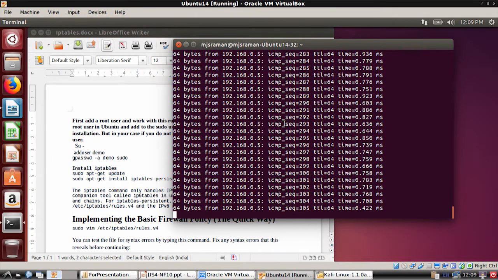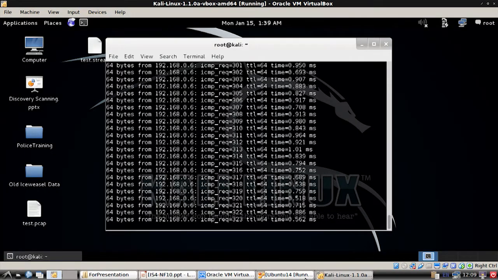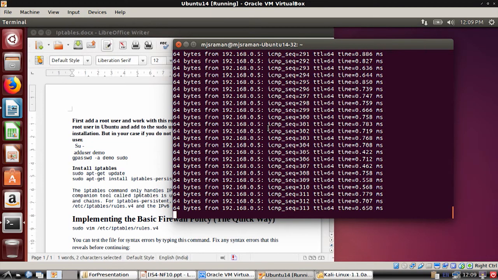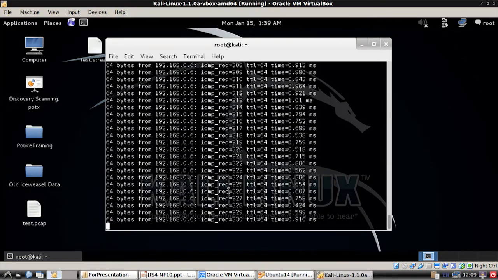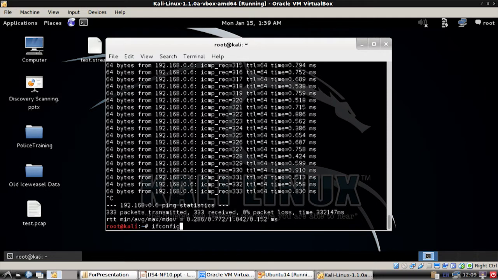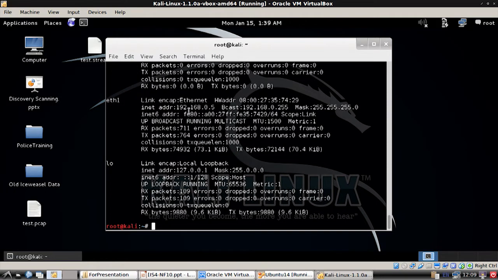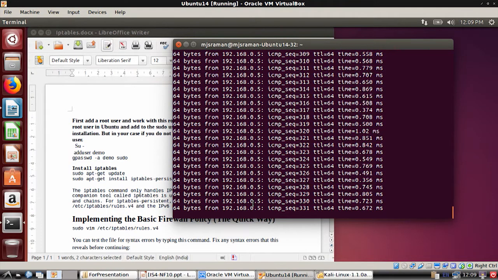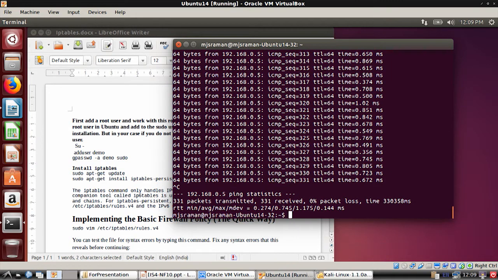So, what we have done is we have set up two machines running on an Oracle VirtualBox VM. We have one Ubuntu 14 machine running, and this is internally connected to a Kali Linux machine. The IP address for this Kali Linux machine is 192.168.0.5 and the IP address for our Ubuntu machine, as you can see, is